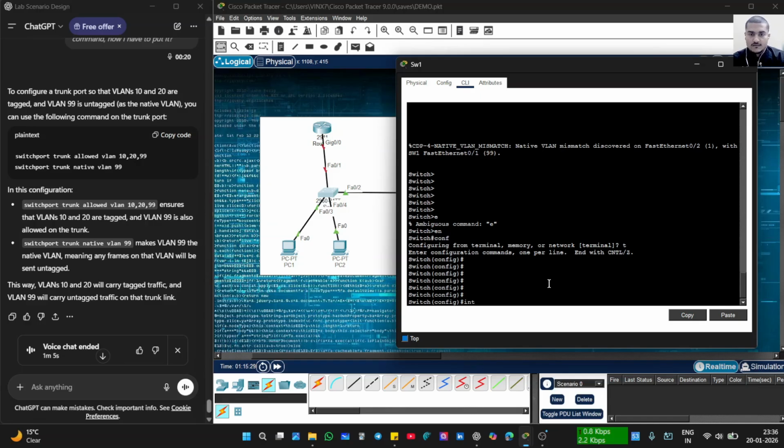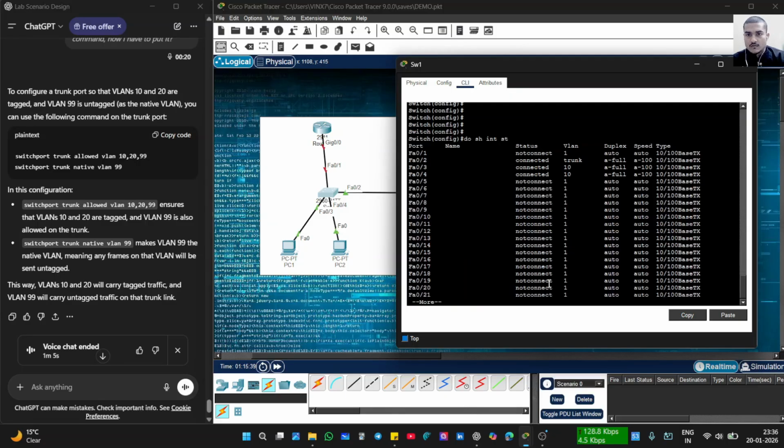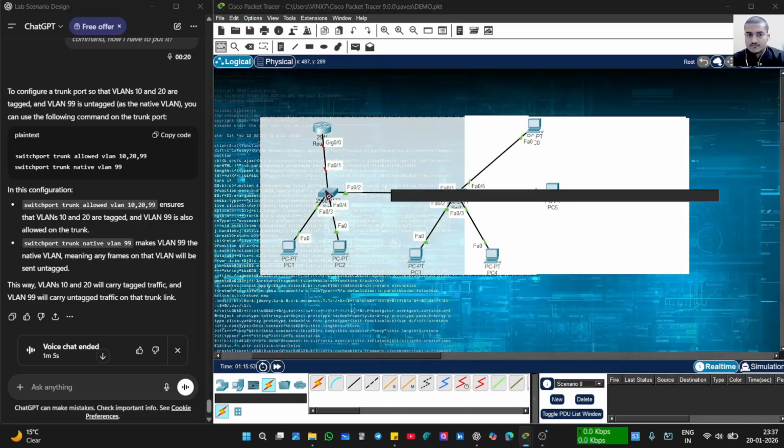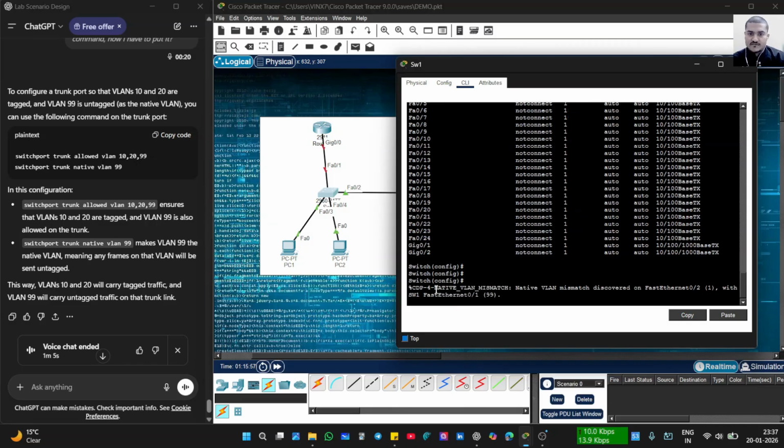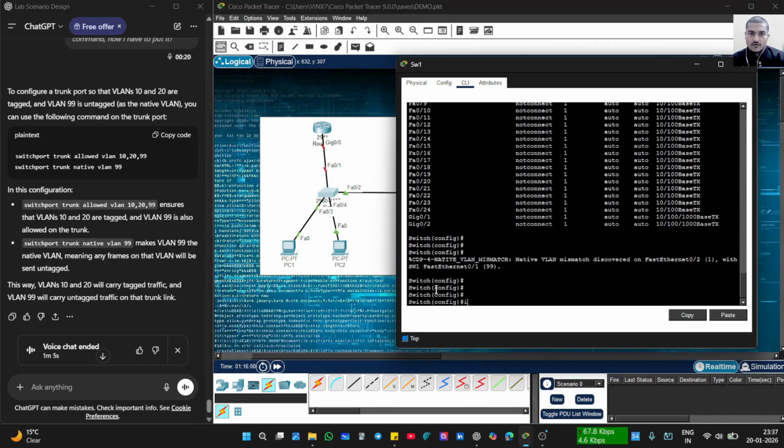So, show interface status. The trunking is allowed, and it's all assigned to VLAN 10. That's done. Now I have to do the trunking for this, so on interface